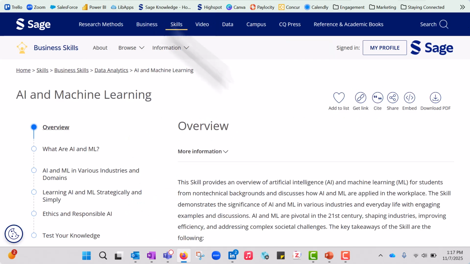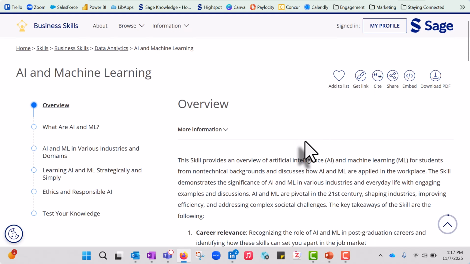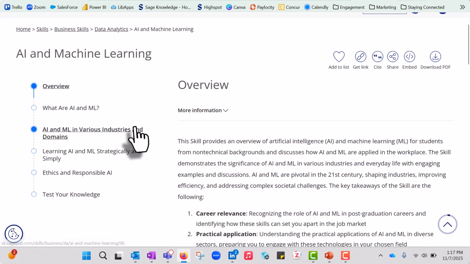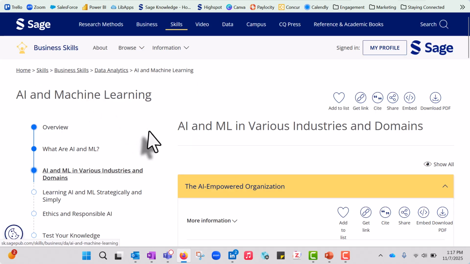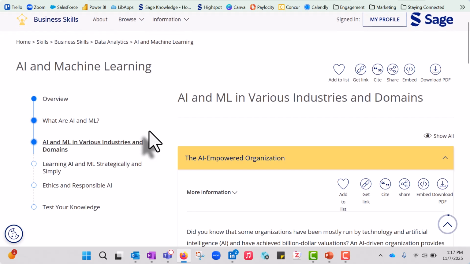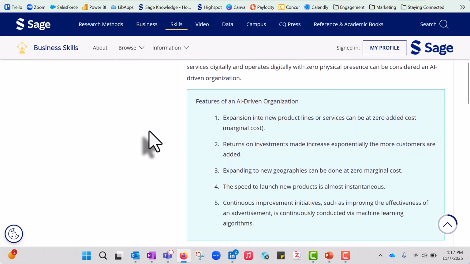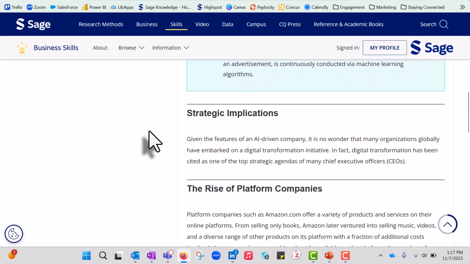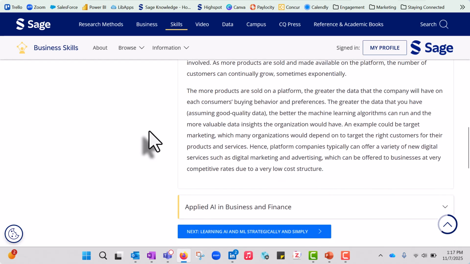And with the module AI and Machine Learning in Sage Business Skills, anyone, business majors or not, can work through definitions, scenarios, videos, and more to further understand not just what AI is, but also how to conduct critical thinking